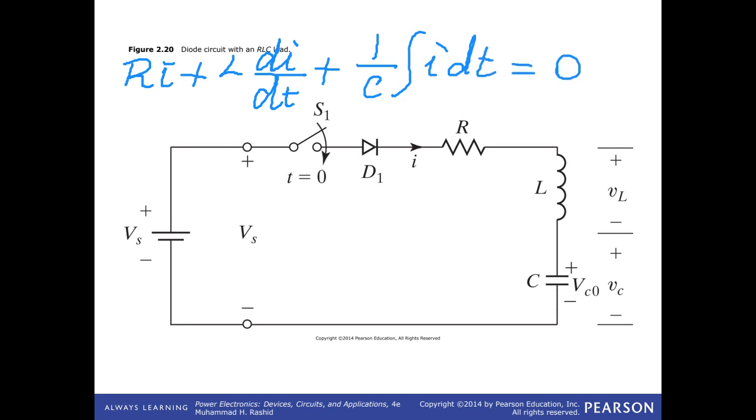Assume that stored energy in inductance is 0, stored energy in capacitance is 0. That means there is no current initially, current is 0, and there is no voltage charged here. What are you going to do? We are going to write the